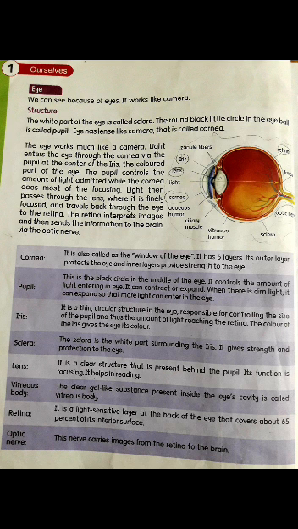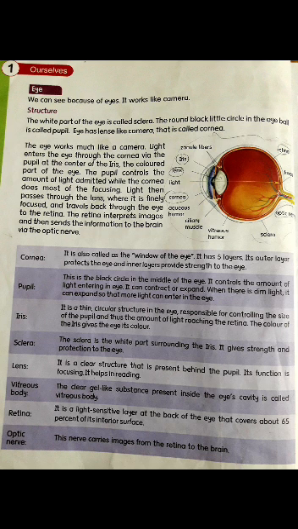Retina. Retina is a sensitive layer that is present at the back of your eye, and it covers about 65% of the interior surface. Retina covers most of the interior surface of the eye, that is about 65%. Optic nerve. Optic nerve carries the image from retina to the brain. As the name shows, nerves send and receive the messages. So, optic nerves receive the message from the retina and then send that message to the brain.